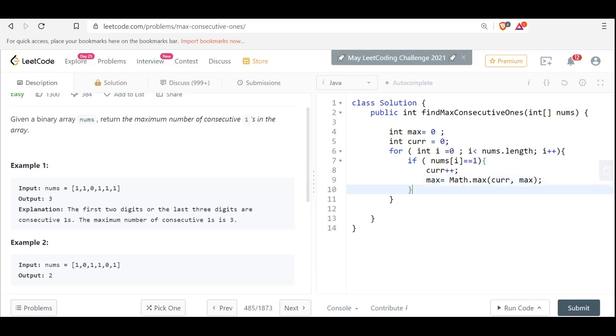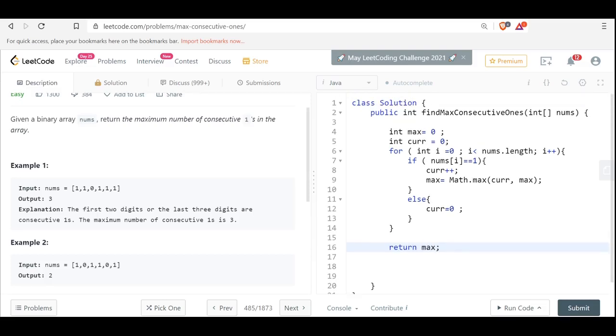Right? Otherwise, I'll just change my current to 0. Okay, and then I will just return my max.